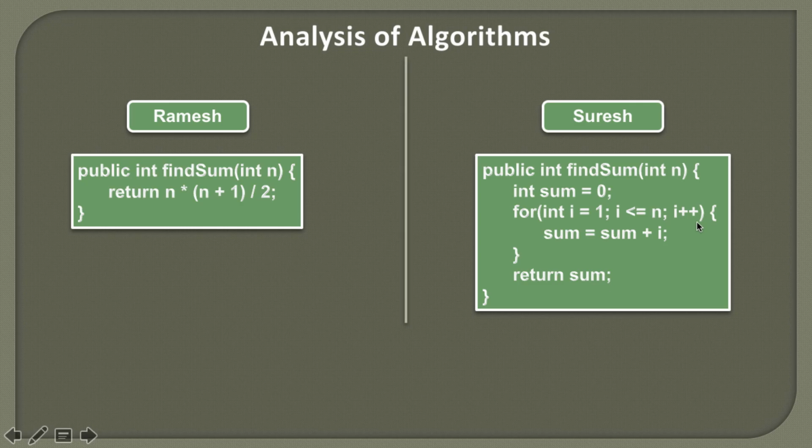Then we increment i by 1. So i becomes 3. We check whether 3 is less than or equal to 5 or not. So it is less than or equal to 5. Now as the value of sum is 3, we do 3 plus 3. We get 6. We assign 6 to the sum. So sum becomes 6. Then we simply increment i by 1. So i becomes 4. 4 is less than or equal to 5. So the sum value is 6. We add 4 to it. So 6 plus 4 gives 10. And 10 is assigned back to sum.